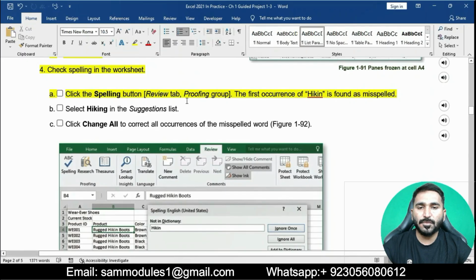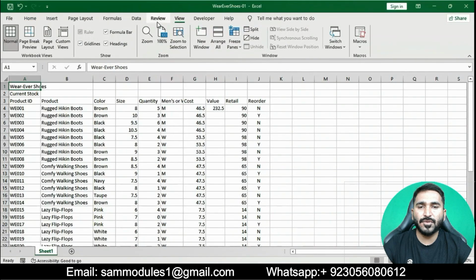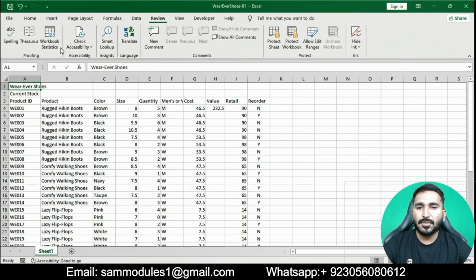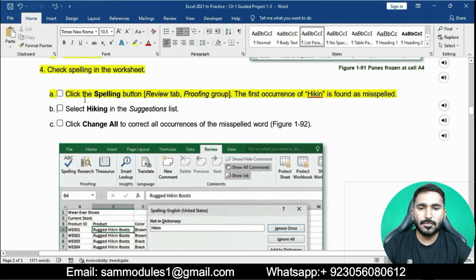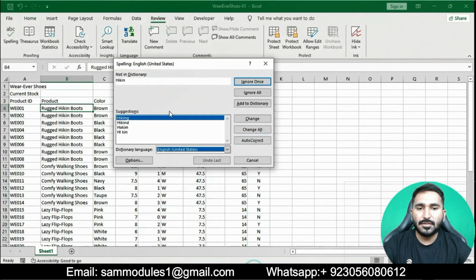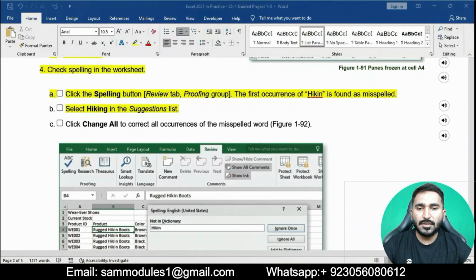Go to the Review tab in the Proofing group and click Spelling. The first occurrence of Hicking is found as misspelled. Select Hiking in the suggestion list.